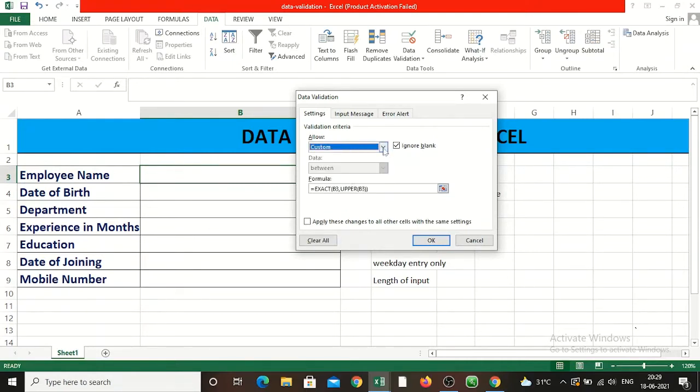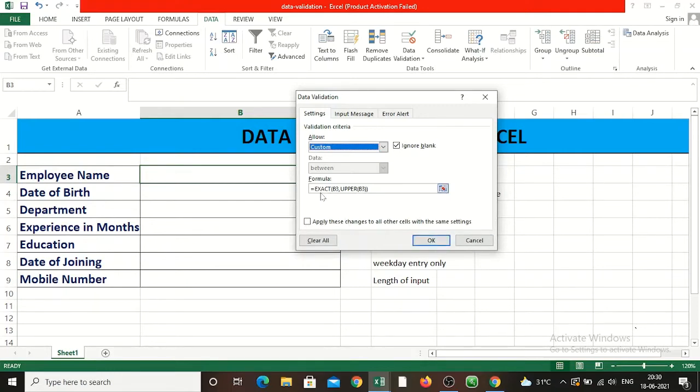The moment you select custom, you can see a formula. This formula I have typed, but before that it would be an empty cell. So you have to type what you want to be entered in that. Here I want the exact uppercase for the employee name. So I am typing the formula, that is type equal to, then type exact, then give the cell reference in B3 column. In the B3 cell that value should appear, and it should be in uppercase. If the cell contains the uppercase, then it will be accepted. Then the formula is over.